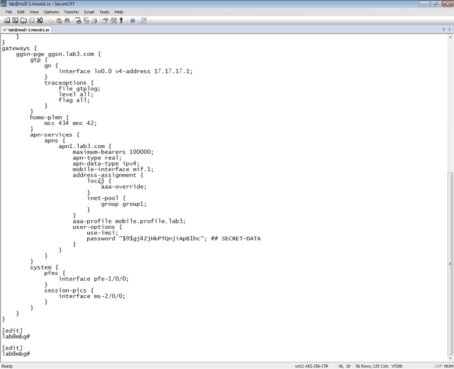So the address assignment is going to be done locally using AAA override. That means that if Radius comes back with an address for this user, it'll use that address provided by Radius, which is what's going to happen. Radius is actually going to provide the address. And so all we need to see here is that we do have a valid config. If I say show access,